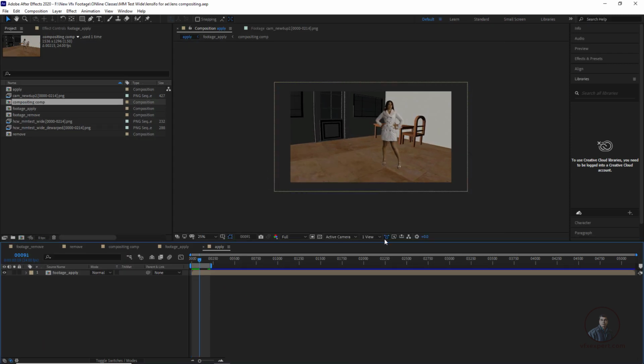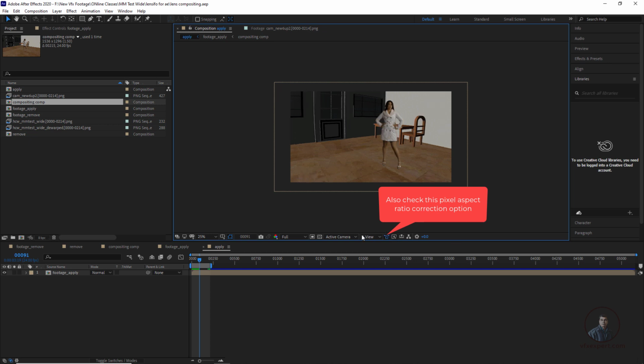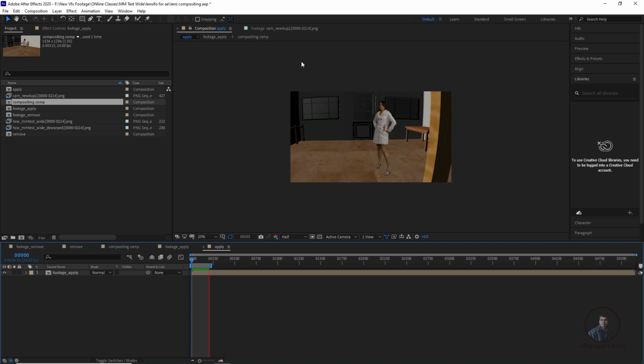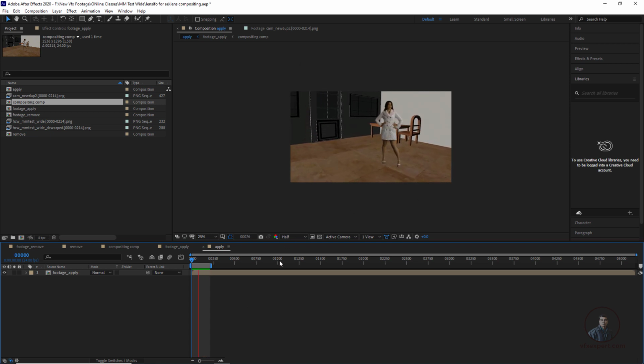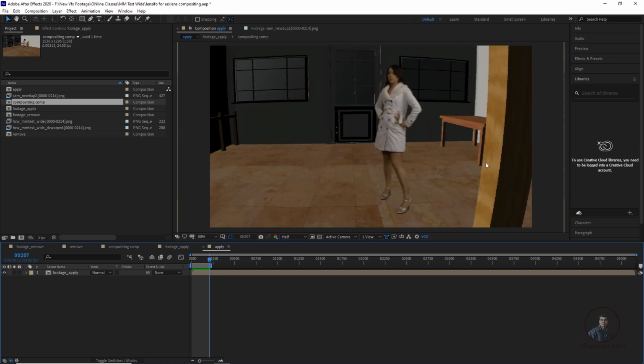In this composition I have also checked the aspect ratio correction toggle button here, otherwise this will display like this. Whatever you have corrected here, for display we also have to check here, remember this one. Okay, now finally play and check our final output and select this preview, so we can easily fast render our final output. Now guys, if you see, this is our final compositing with all the distortion information here.